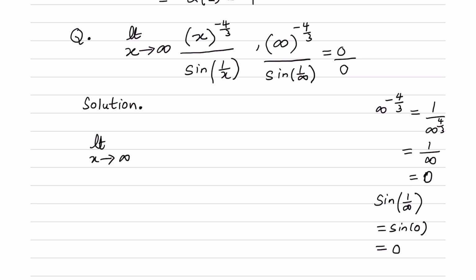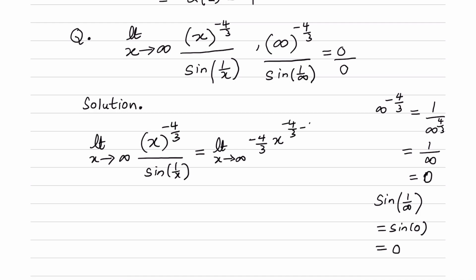Write the limit part, x to the power minus 4 by 3 divided by sin of 1 over x. Now apply L'Hopital's rule as x approaches infinity: take the derivative of the numerator separately. What is the derivative of x to the power minus 4 by 3? It is minus 4 by 3 x to the power minus 4 by 3 minus 1, divided by the derivative of the denominator